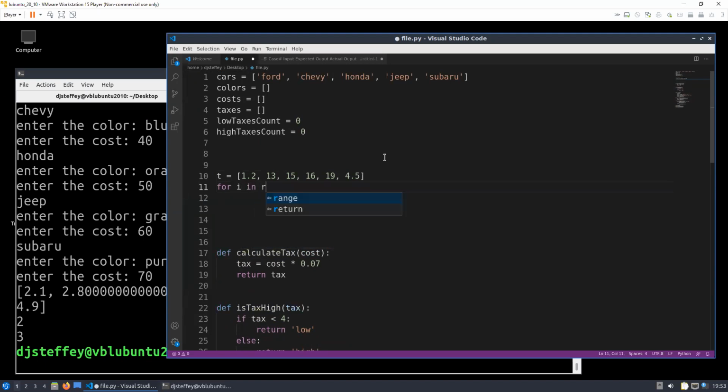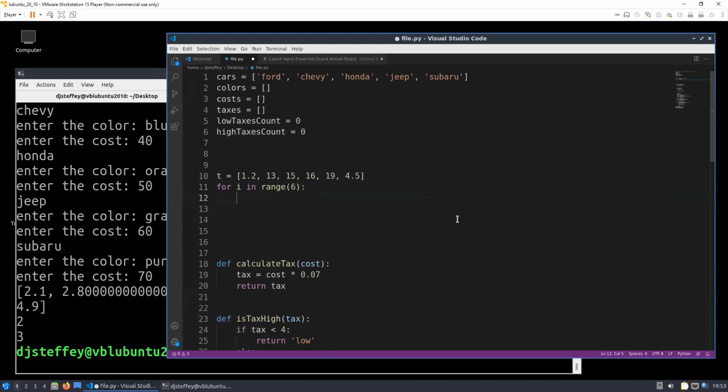You say in range, not rand, range, and then you tell it how far you want to go. Now for this T array, we have 1, 2, 3, 4, 5, 6. We have 6 items, right? So I could manually put 6 there. And if I just print out I, what the indice is,